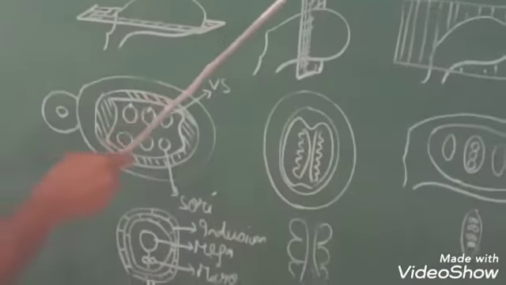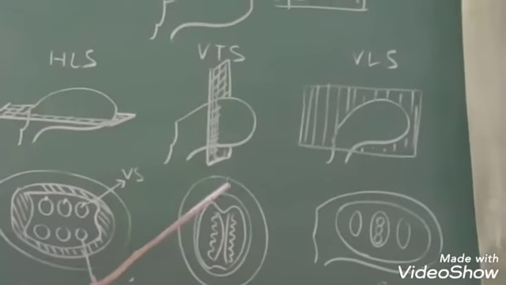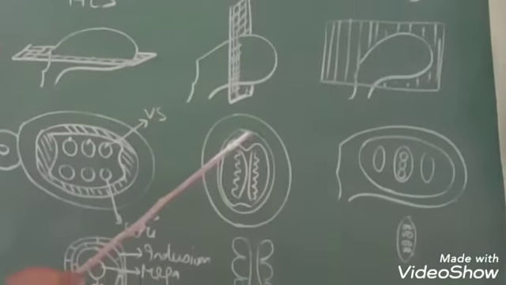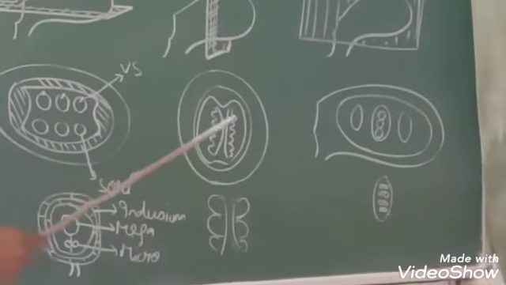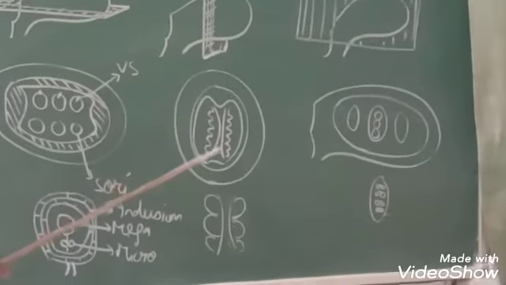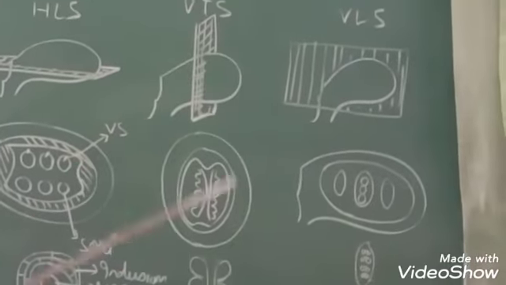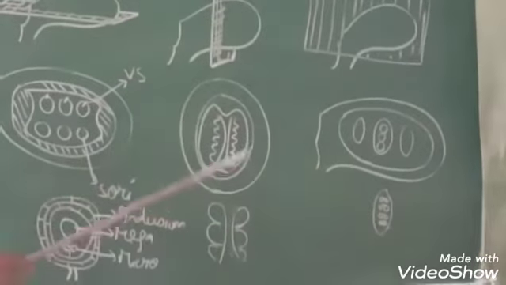Now coming to the vertical transverse section of this sporocarp, first of all we see the sporocarp wall, gelatinous ring, and in this section only two sori are visible. If it is cut through microsporangia, then we will see microsporangia, and if the section is cut through megasporangia, then we will see megasporangia like this.